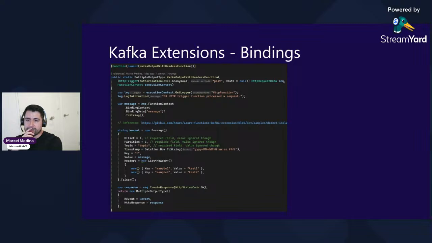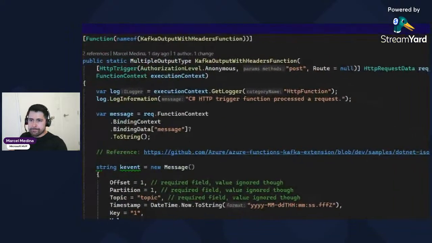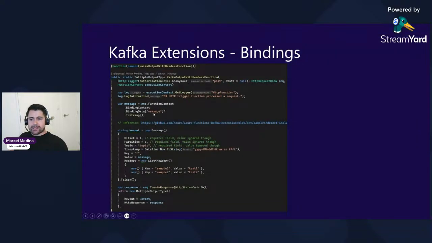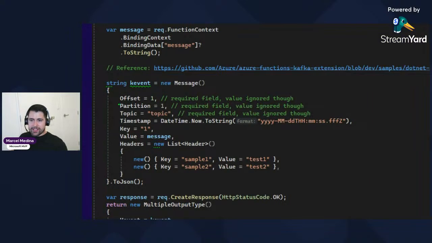How can that be done? If you look here, I'm just pushing the single event. When I'm receiving here, I have an HTTP trigger. So let's say I have an HTTP request. I'm sending a post request here, and I'm going to submit a message. And this message is going to be bound to a wrapper, a kind of message here that contains offset,